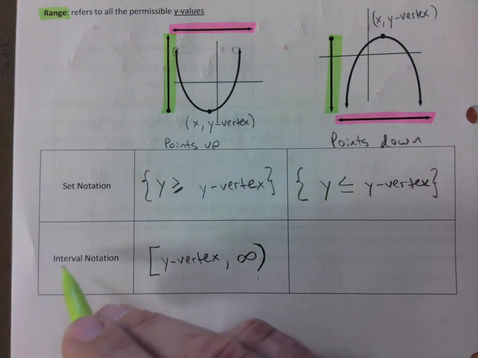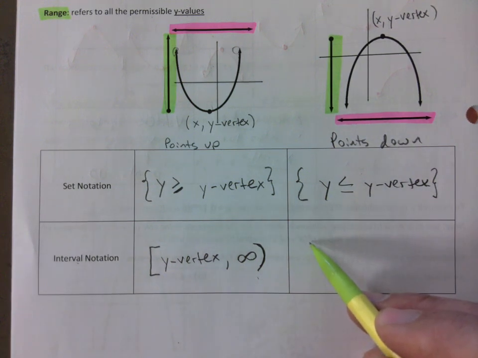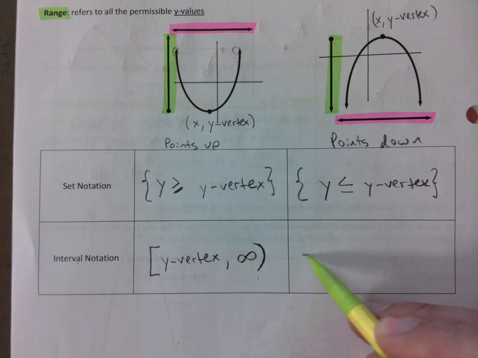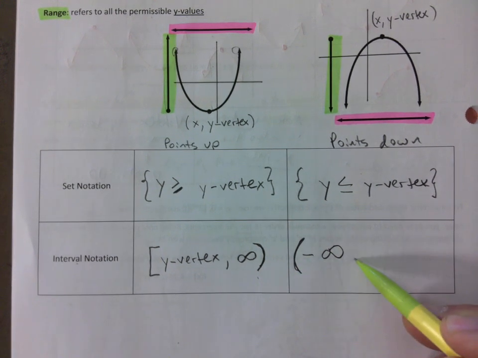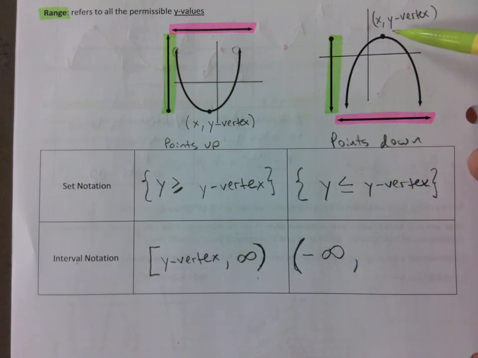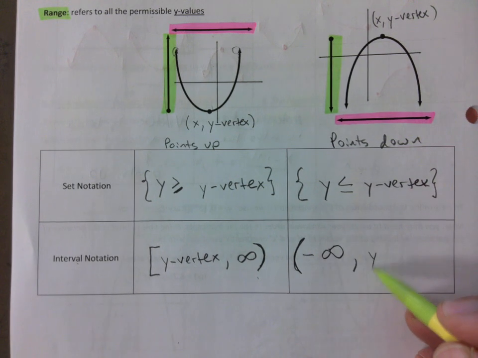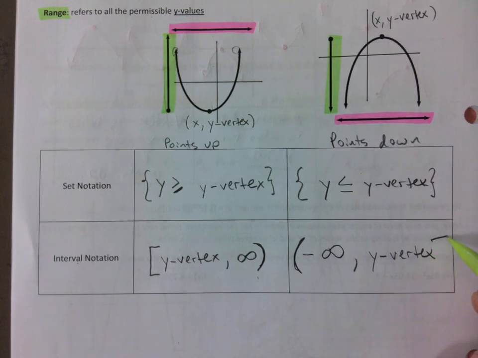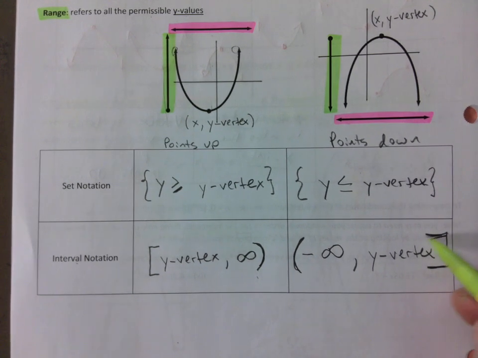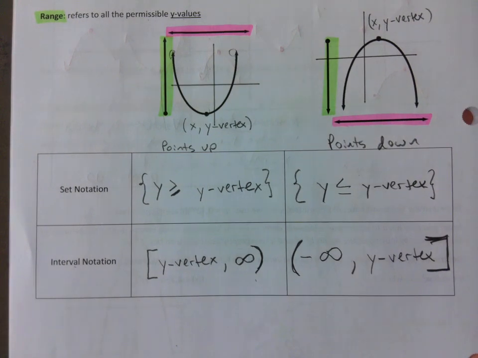If you want to write it in interval notation, you're going to do it the other way. You're going to go from negative infinity, round bracket, all the way up to the y of the vertex. So the vertex is going to be your go-to here to figure out